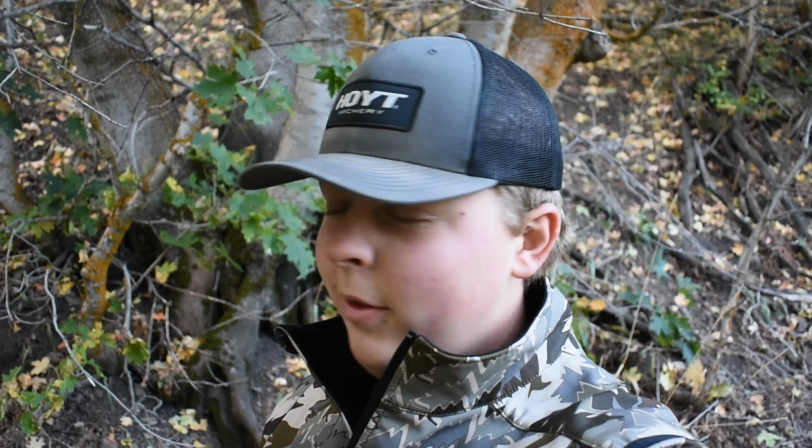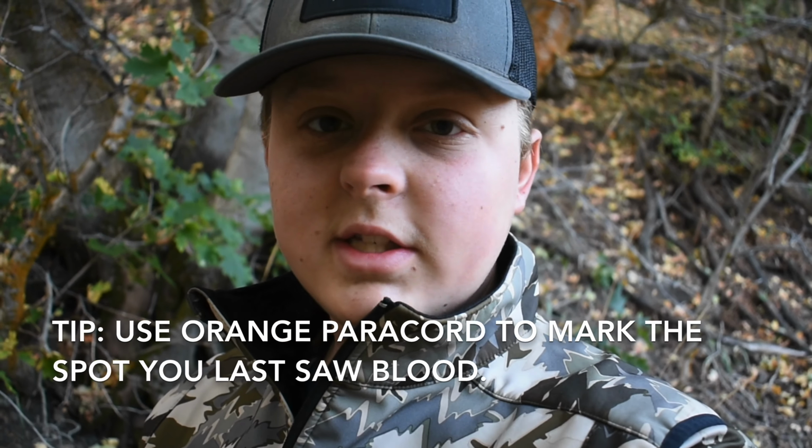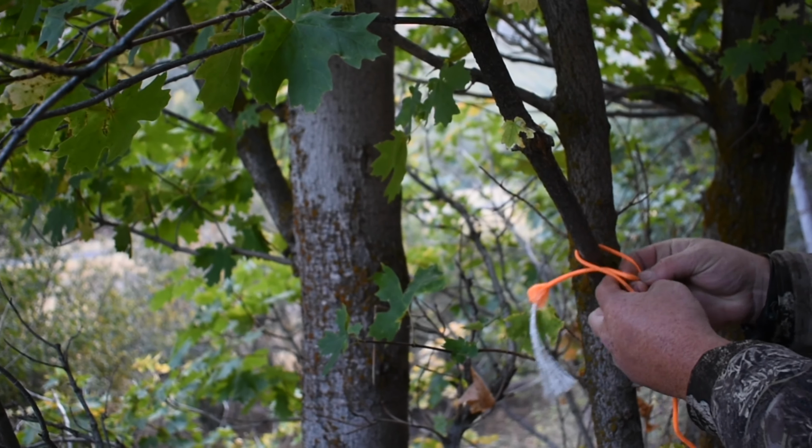Alright guys, so now that we're getting into the thick stuff and the timber gets a little bit thicker and we're starting to have a hard time finding blood, we always bring paracord. Paracord has a million uses, and we always buy it in orange. You can buy orange paracord just about anywhere, specifically for this reason. So what we'll do is, as we're hiking through this thick stuff, we'll just use paracord and tie it on a tree, as you can see right here, and we'll tie it on the tree at the last spot we